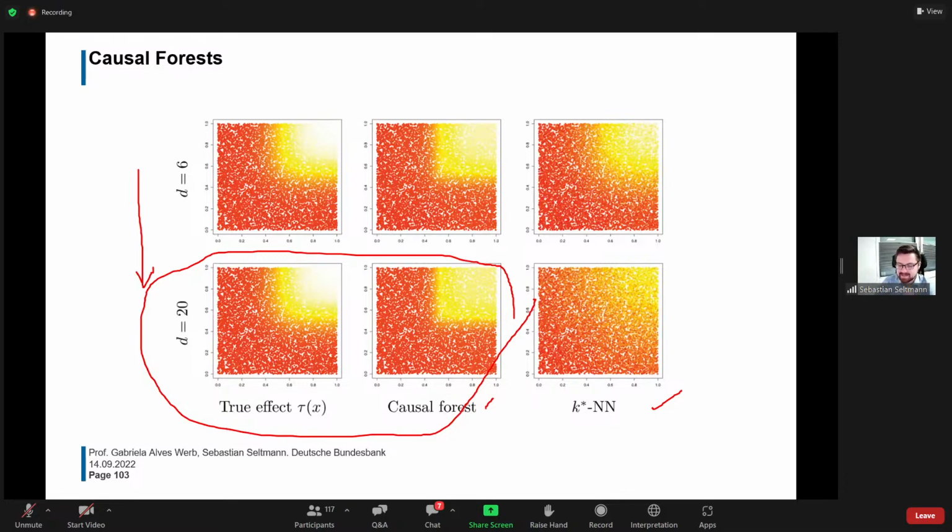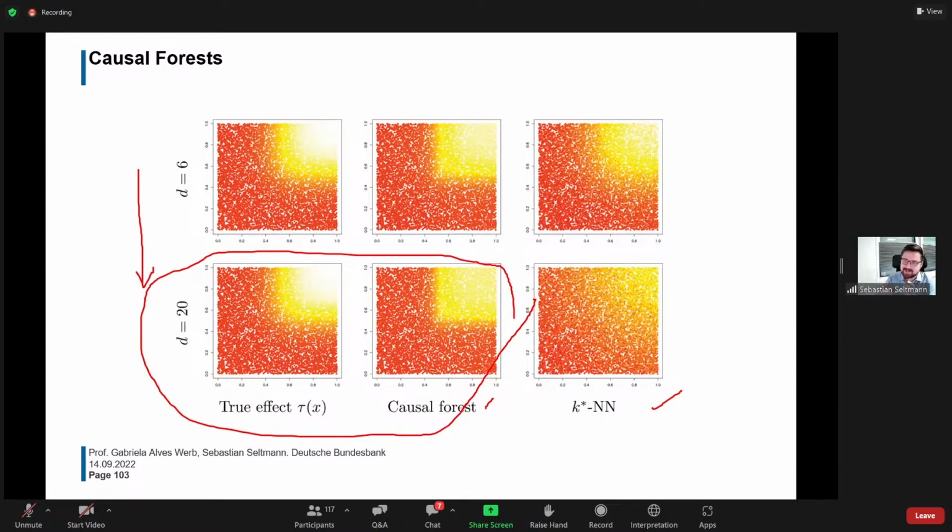And this was set up in such a way that we are seeing here 2 of the features, 2 of the dimensions, and these are set up to be the only ones that matter. The data was fed with even more dimensions: in the top row, with 4 additional useless dimensions, and in the bottom row, with 18 further useless dimensions. Like I mentioned before,